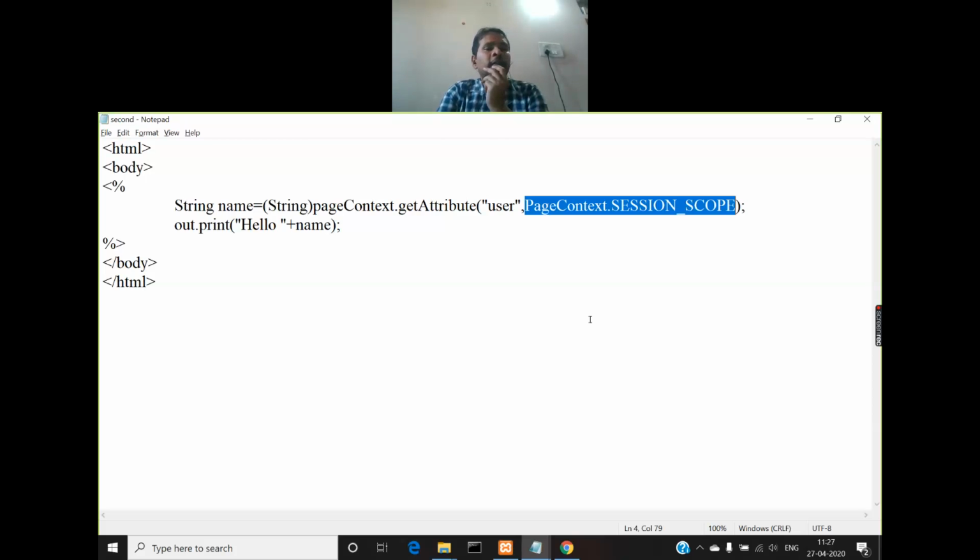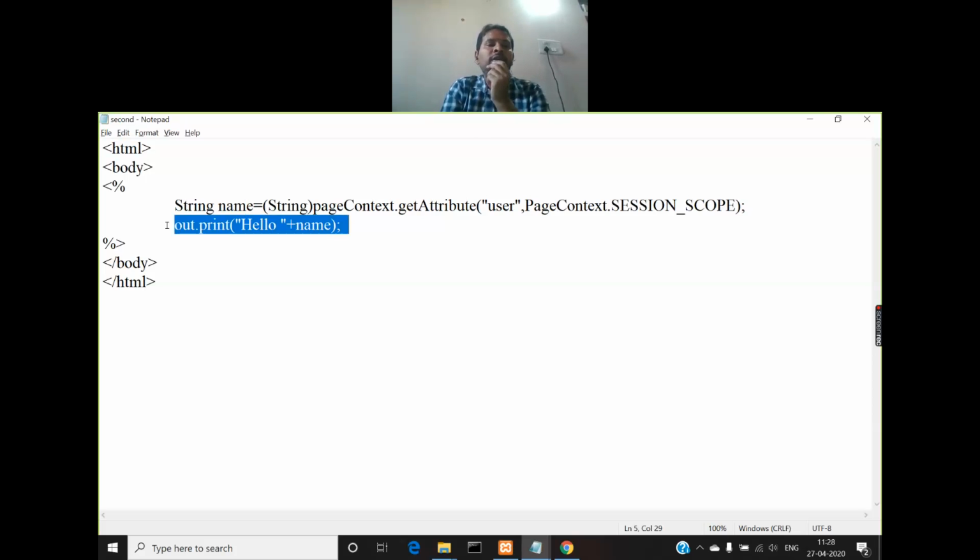There we specified PageContext.SESSION_SCOPE, so here also you specify PageContext.SESSION_SCOPE. Then the value of that session attribute will be retrieved and stored in this name string variable. Now that you have that value, you can display it on the screen using out.print.